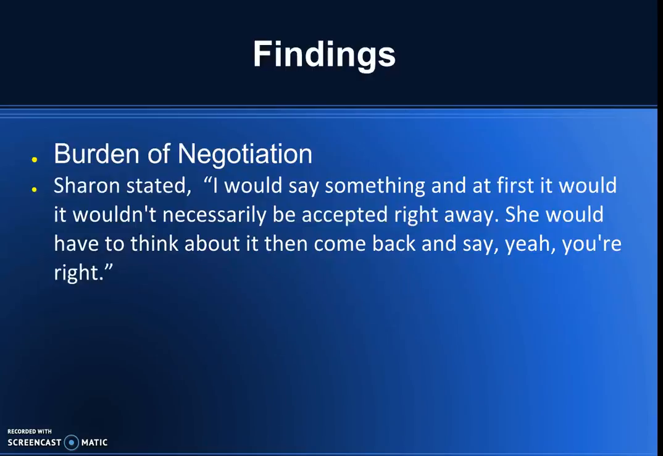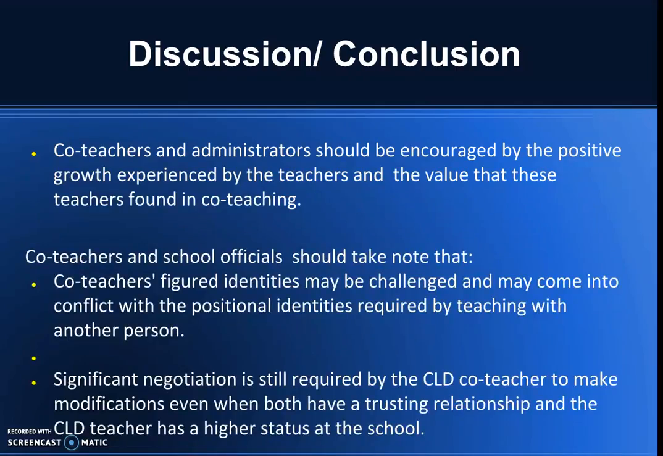Finally, I found, in keeping with research, that a lot of negotiation had to happen on the part of the ELL teacher. So Sharon stated that she had to negotiate and suggest ideas. She said, I would say something, and at first it wouldn't necessarily be accepted right away. She would have to think about it and then come back and say, yeah, you're right. So even though Sharon was a department head, had been a mentor teacher, she had a lot of status in terms of this relationship, but still being the ELL co-teacher, she had to be really careful about how she suggested things. So in conclusion,